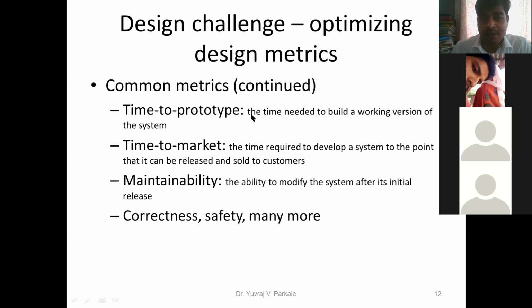product into the market. Before launching the product, I have to test my embedded system, whether it is working satisfactorily or not. So again, testing also requires some weeks or months. Say I have required 1 month to design the working model of the system, then again 1 month I will require to test the embedded system. And after these 2 months, now my product is ready and I can release it into the market and sell it to the customer.